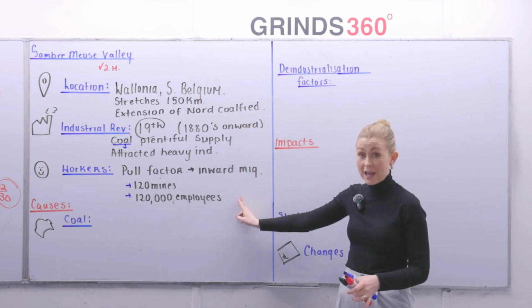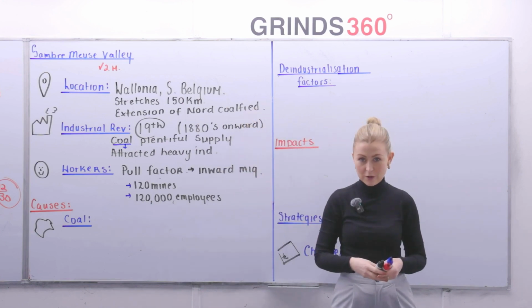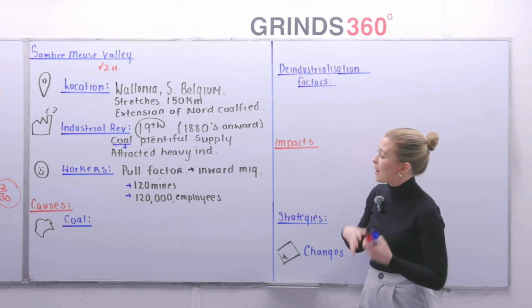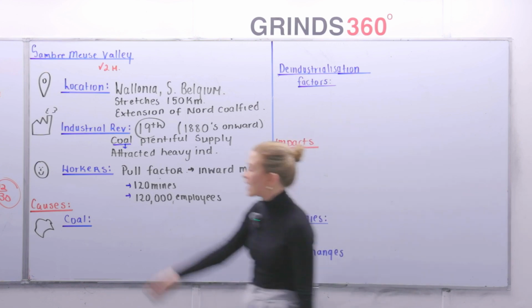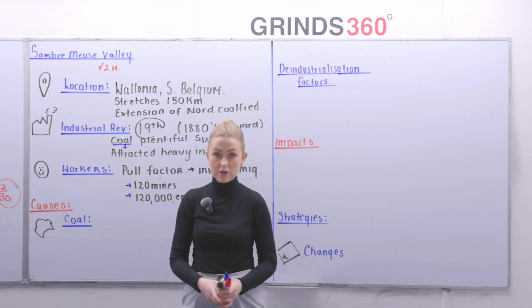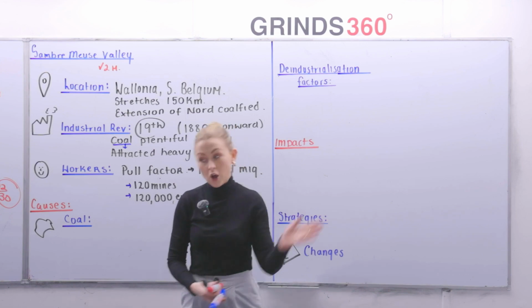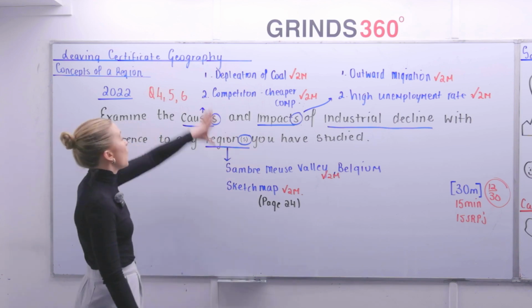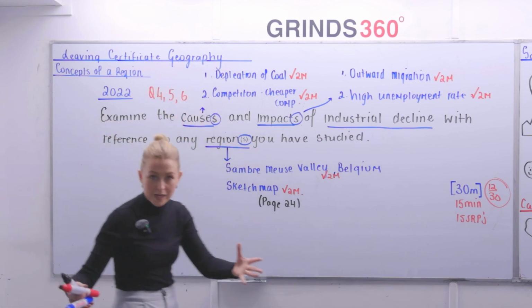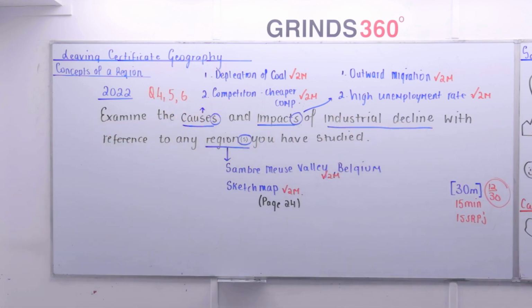1, 2, 3, each of them should be getting an SRP for you. Now, next we're going to come back into what the question really is asking. One of the main points: what are the causes of industrial decline? Come back to the question. Let's look. They are asking us here, what are the causes? This is what we're going to now address. The cause of industrial decline.